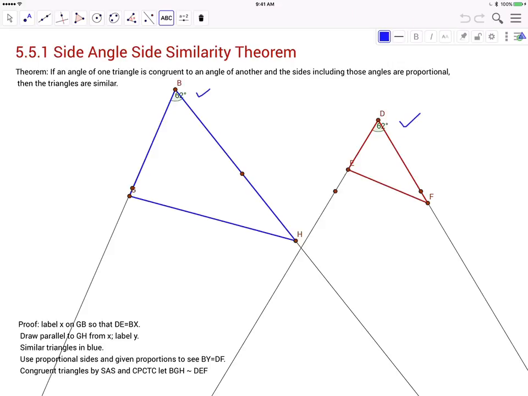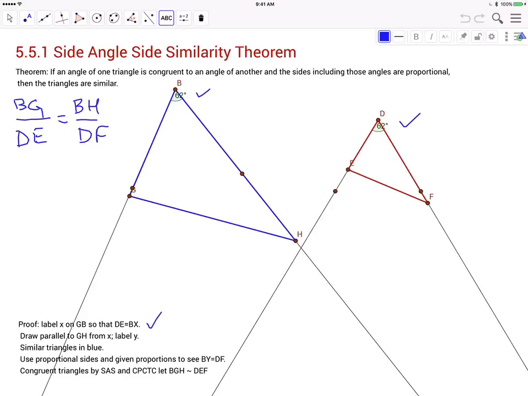So all we know is that the angles are congruent, and we know that BG relates to DE the same way that BH relates to DF. So that's our given. And the plan for the proof, as you can see at the bottom here, label X